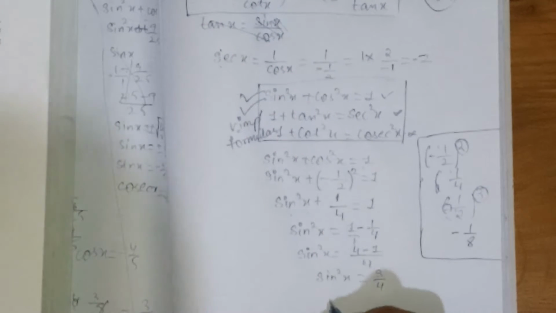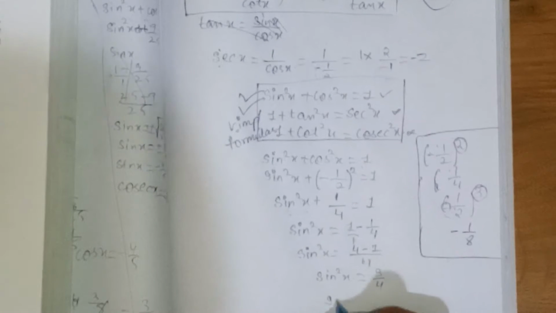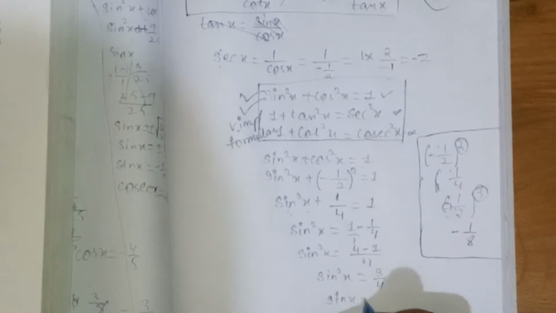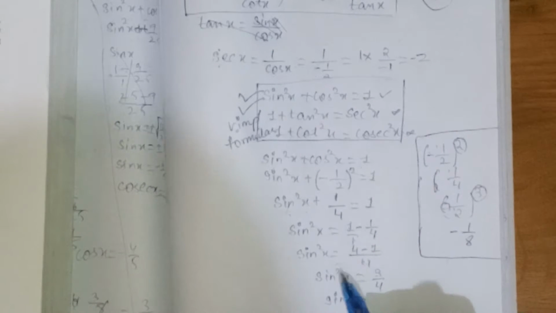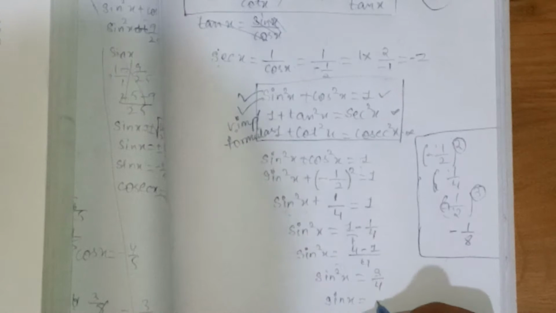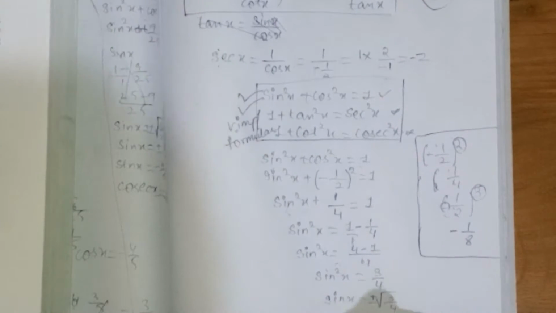The main thing you have to understand over here is that we have to find the value of sine, so we have to keep sine x like this. We don't want the square. So whenever there is a square on the left hand side, when it goes to the right hand side, it becomes root, and plus or minus will also come. I hope you all know the square roots of the numbers.